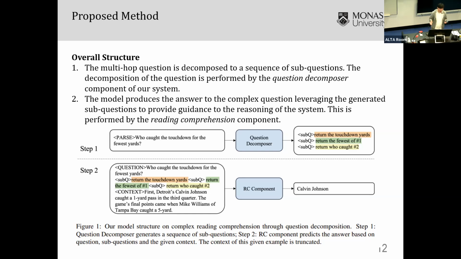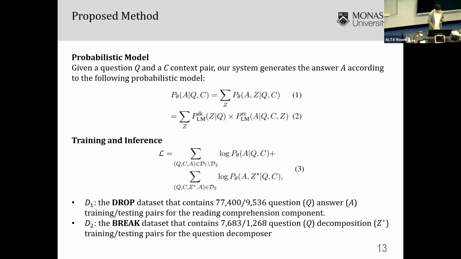Intuitively, we can have both the decomposer and the reading comprehension component be the same language model, right? And if we use the same language model, we call it a unified model. So you can just imagine these two components share the weights with each other, and we learn it jointly. And for our training and inference, we have two components, but we don't have that many annotations for